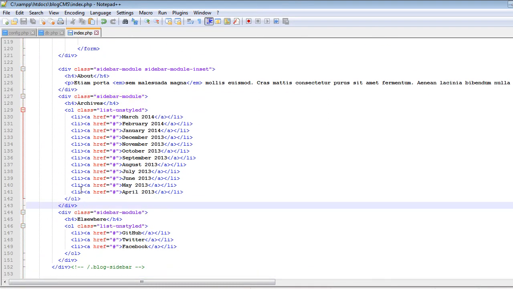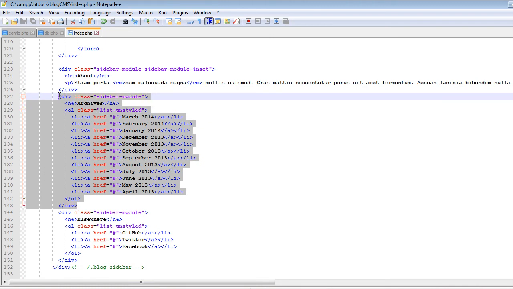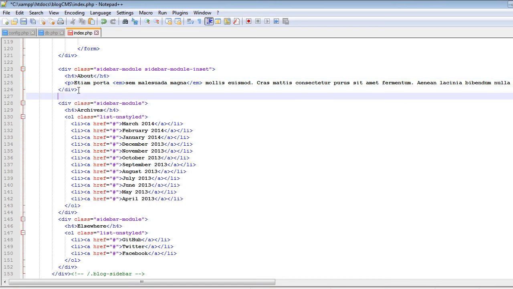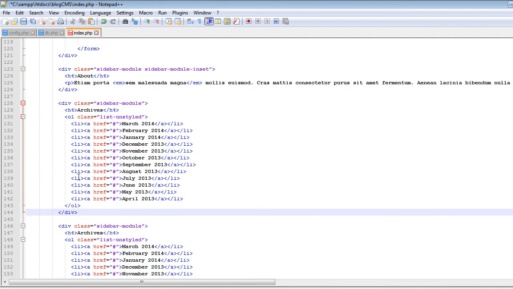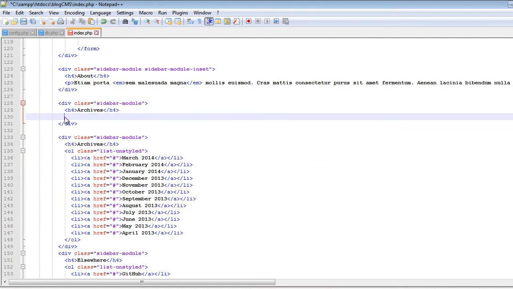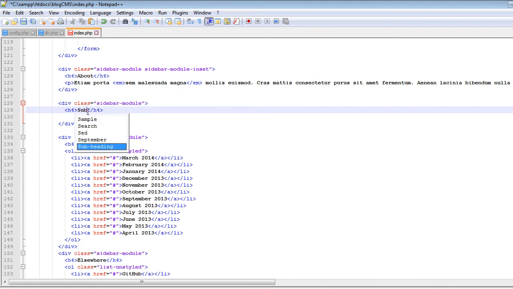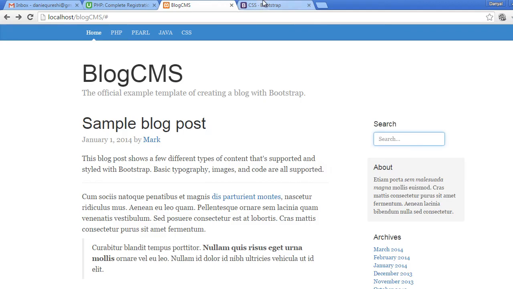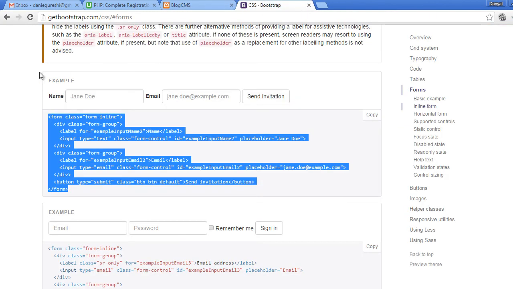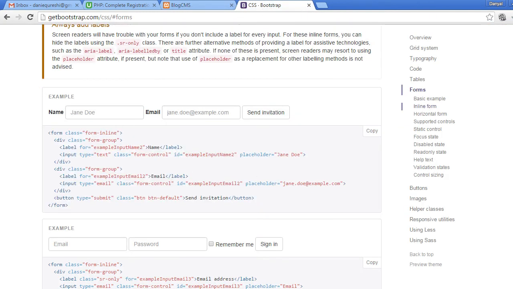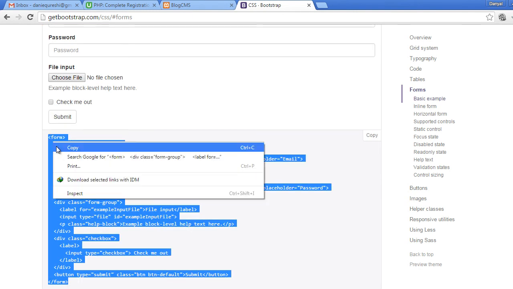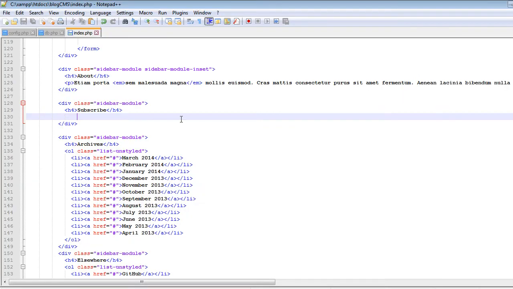So now let's add another form, and that form will be actually the subscription form, so that the users can subscribe to the blog. So copy it, and below the about section we will create a new sidebar module, and the title of this module will be subscribe, and let's get the code of the subscription form. So let's go back to getbootstrap.com, and let's copy the code of this form from here. Let's copy the whole form, and paste it inside this sidebar module